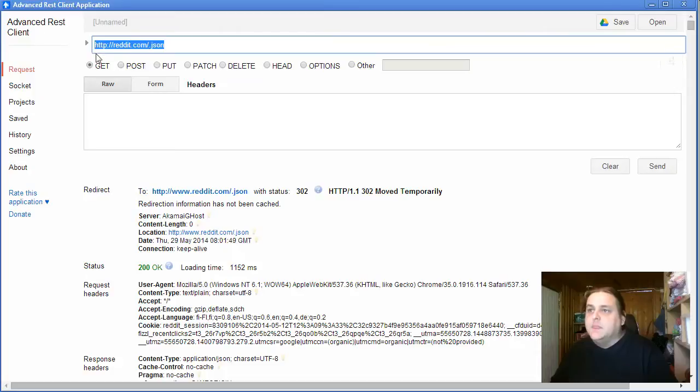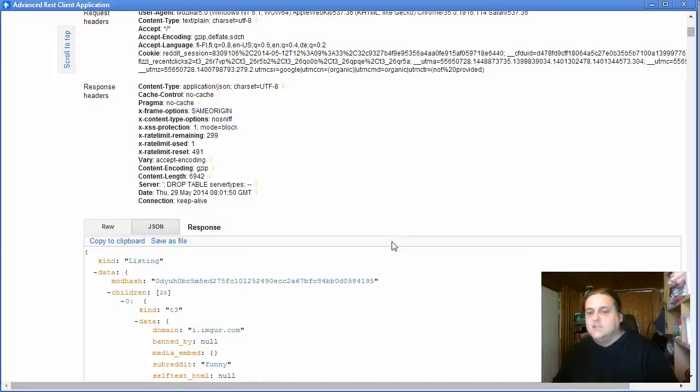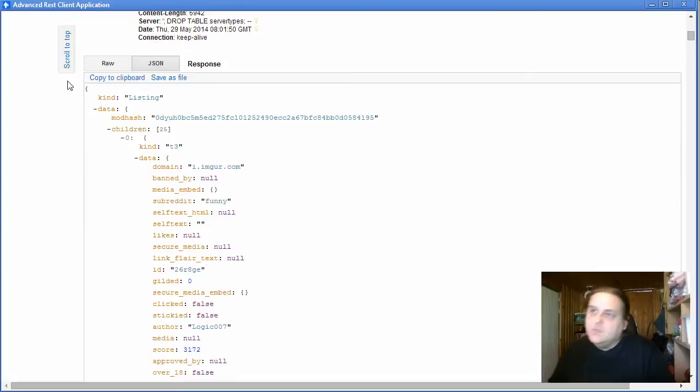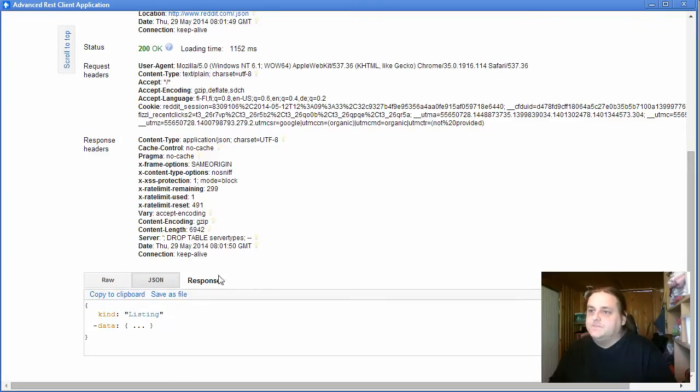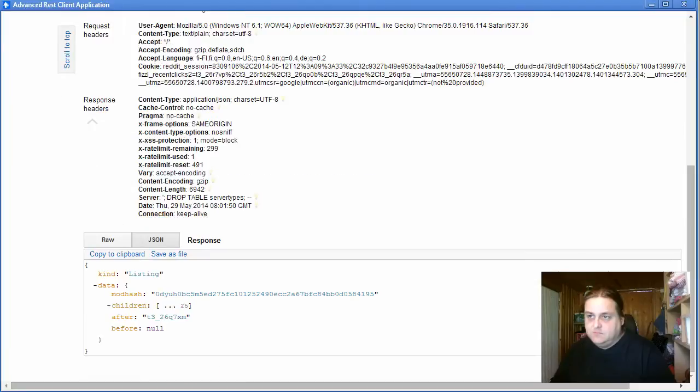And here's the URL, reddit.com/.json. That .json there is telling it to give it in a JSON format instead of a readily parsed HTML page. And here we see the top level is of type listing, which contains data, which contains some things, among them children,